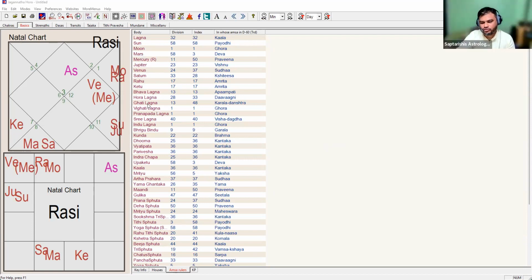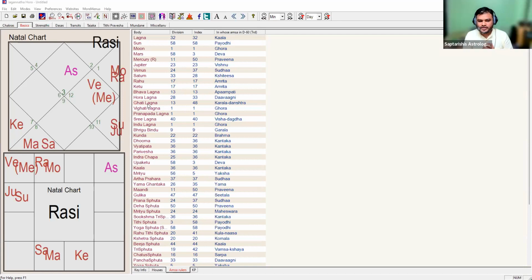Okay, so I will project the same thing, whatever you are saying, in a different manner. Before you go to D60, let's first confirm the D1 chart. D1 chart is saying Lagna Lord is getting weak with debilitation, and Mars is aspecting, that Mars is with Saturn. Both are enemies. Mars, the 6th house ruler, is aspecting Lagna. It means the 6th house energy is transferring to the Lagna.